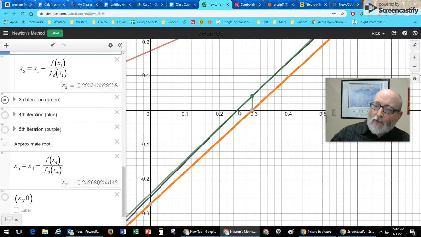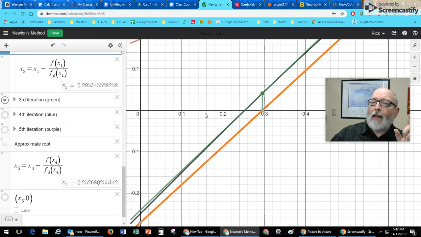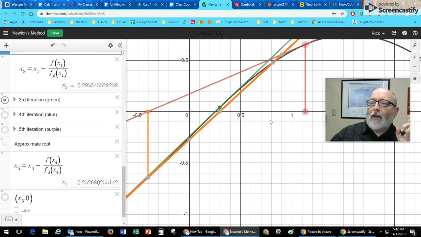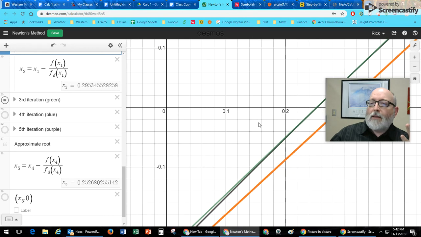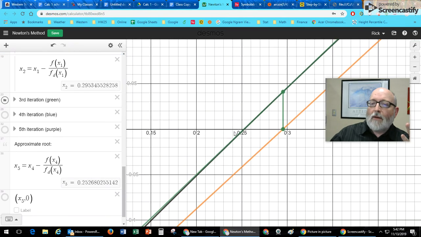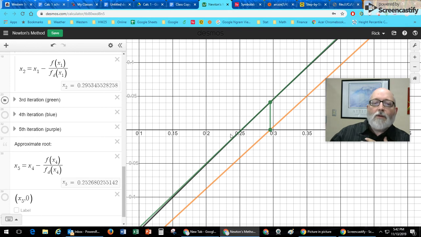So after just 3 times of going through the process, I guessed that it was 1.1 something, which I knew was pretty far away. And it found this point. And then I used that as my guess down here and used my straight line to get me closer. And now my third time, wow, I'm just about right on top of the thing, as you can see right here. And so then if I do this a 4th time